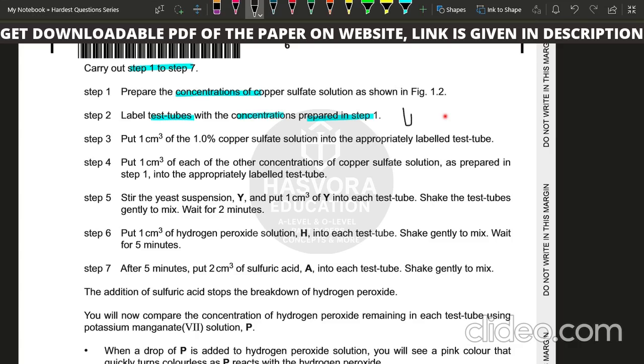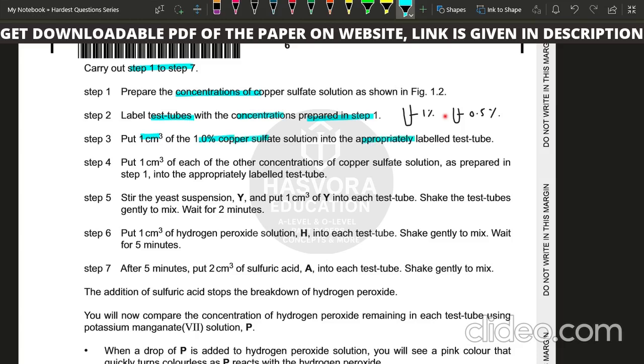Okay, so if you have a test tube like this, you will just label it with a marker as 1%, then the other one with 0.5%, and so on like that. Okay, with 0.25, 0.125, 0.0625%. Okay, and now they are telling you to put 1 cm cube of 1% copper sulfate solution into the